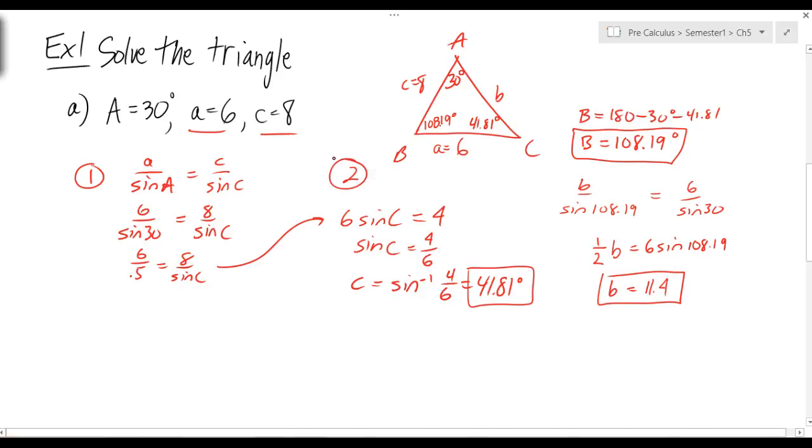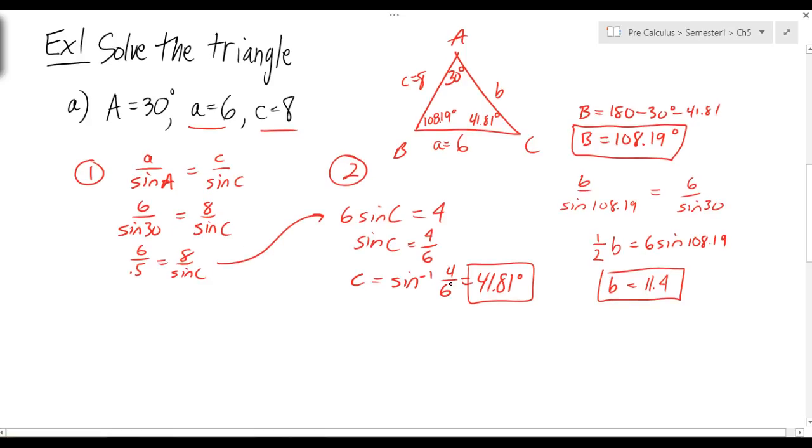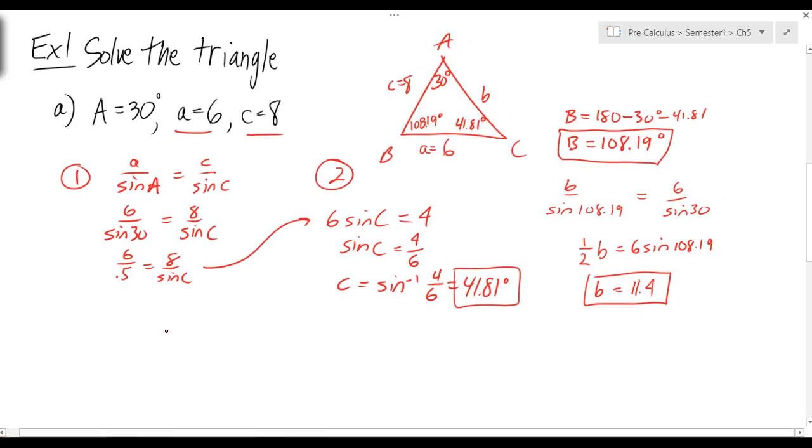on the 4 steps above. Now we need to see if there are additional solutions. So what we do is take our original answer that we got from step 1, that is our 41.18 degrees, and see what happens if we take the supplement of that. So step 3, we're going to take the supplement of angle C, 180